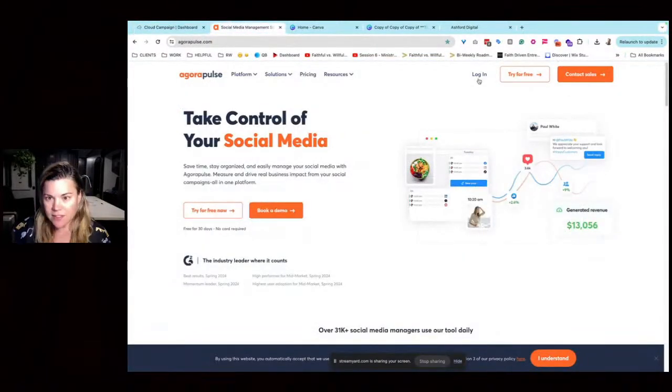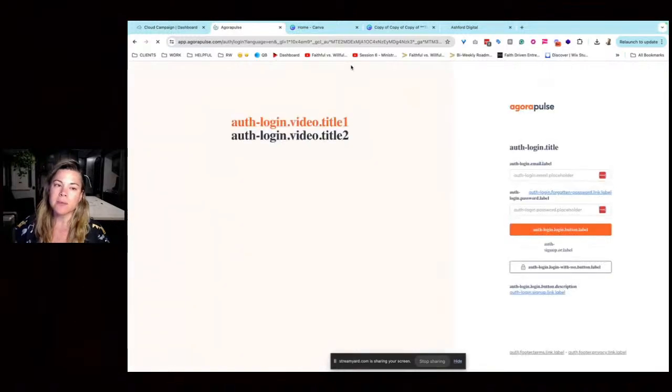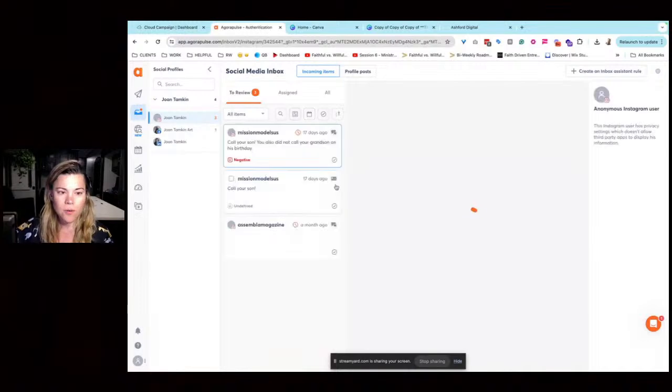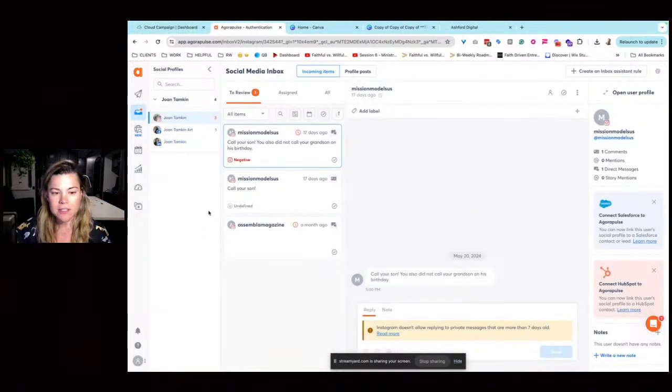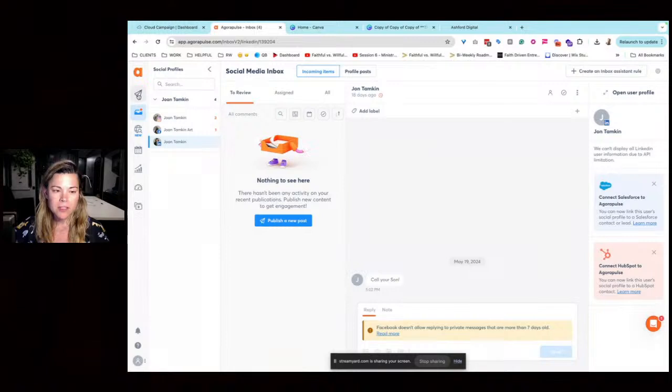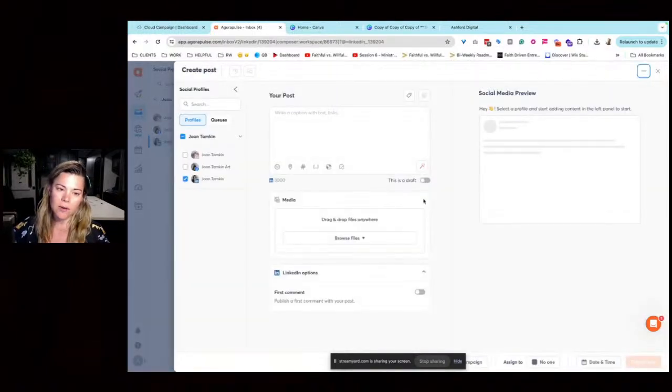I love Agorapulse. It is also one of my favorites. A little bit more expensive in the big picture, in my opinion. But I will show you that you can see the different platforms that you've got. Actually, we're in the inbox, so you can see the inboxes and people that are messaging for each platform. Your publishing composer is pretty robust, I would say. You can pick where you want it to go. You can put your captioning in. Again, almost everything has AI now, so you can use that to write. Custom fields can be put in for an agency, that makes sense, and upload your files.